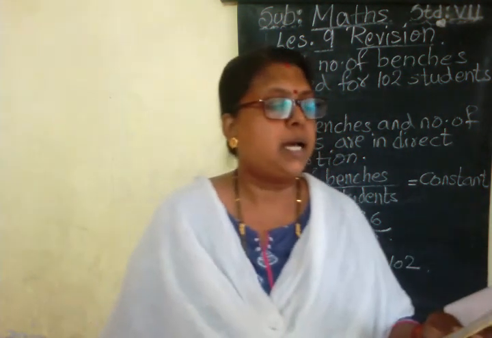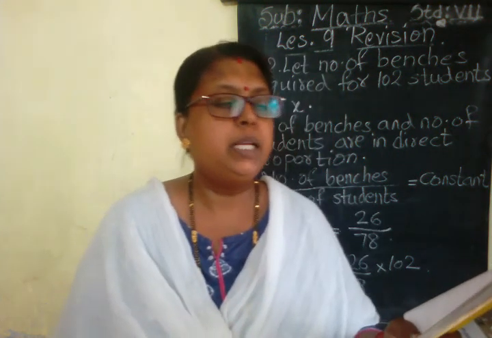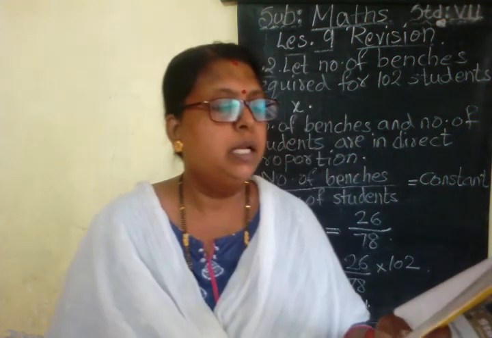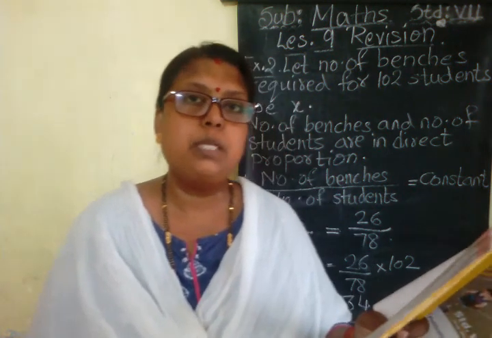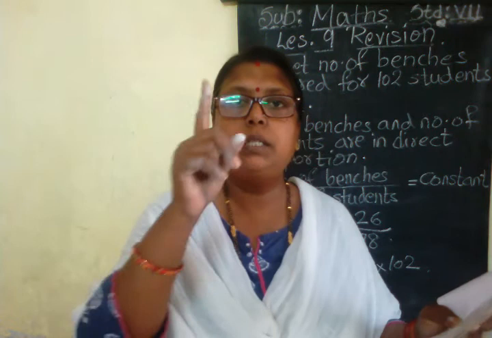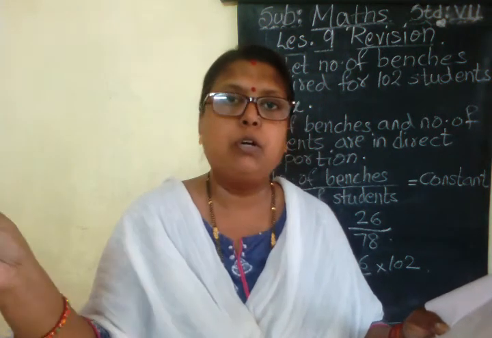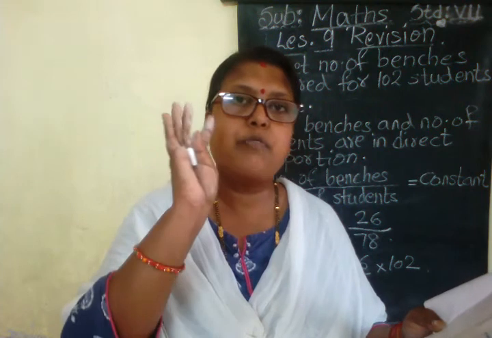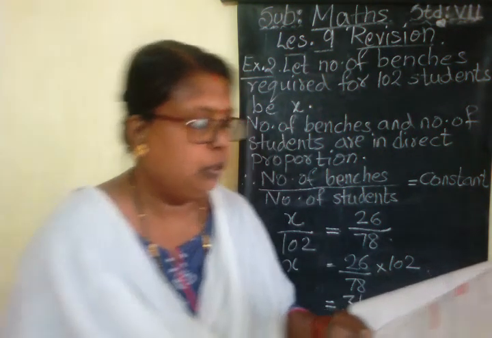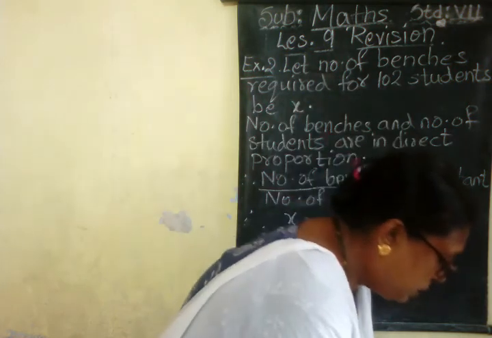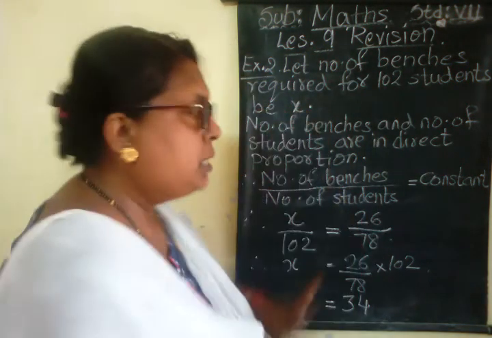Now see the second example. A certain test has 180 problems. If Ravi solves 3 problems in a minute, he can finish the test in 60 minutes. In how much time will he finish the test if he solves 5 problems in a minute? So if he completes 3 sums in 1 minute, then within 60 minutes he completes all the paper. But if he solves 5 problems in 1 minute, then how much time is required? That we have to find out. Okay. Now since it is the example of inverse variation, product will remain same.